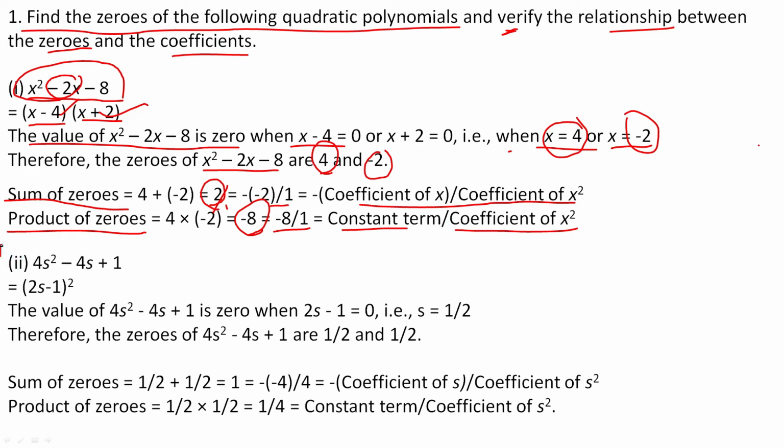Second question, 4x square minus 4x plus 1, it is a quadratic equation. Again splitting the middle term, you will get the factors 2x minus 1 the whole square, that means 2x minus 1 into 2x minus 1, one factor, another factor 2x minus 1. Applying the splitting of the middle term, you will get these two factors. So the zeros: when 2x minus 1 is equal to 0,